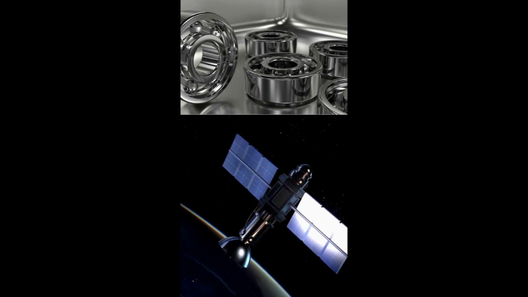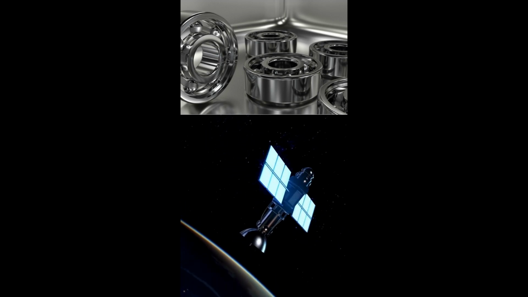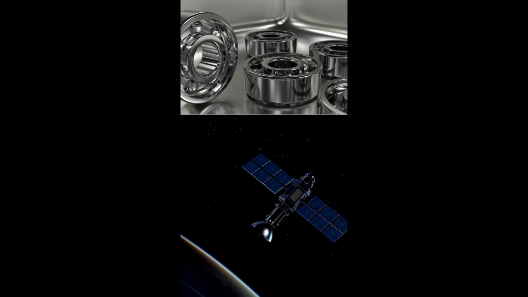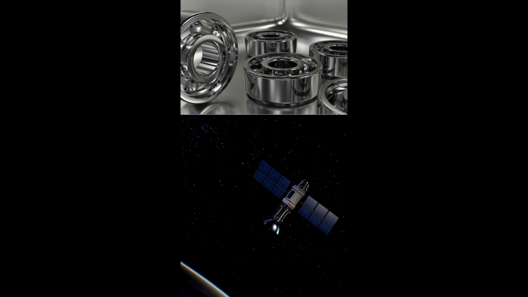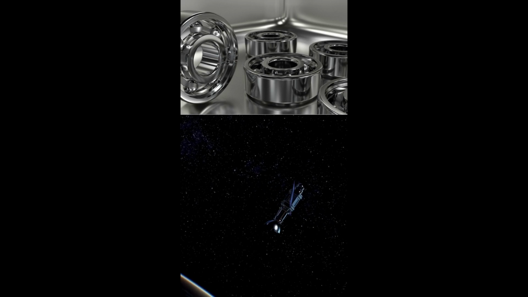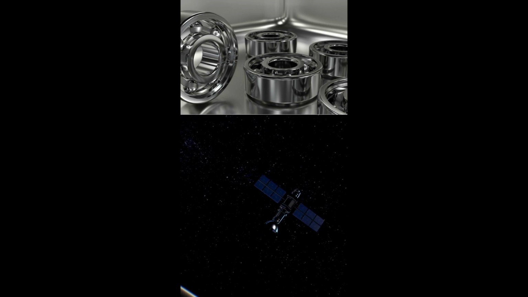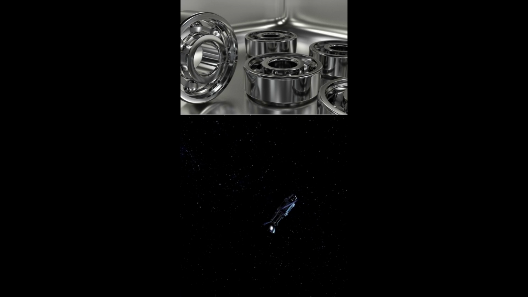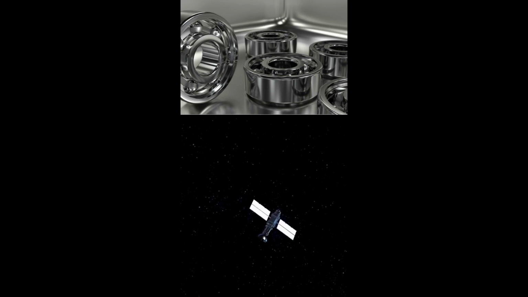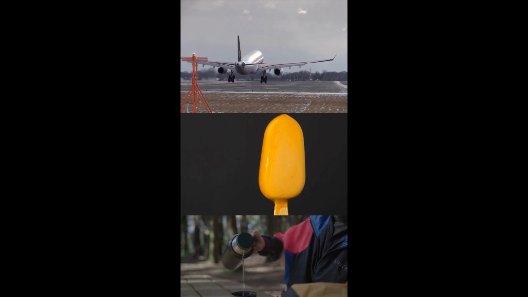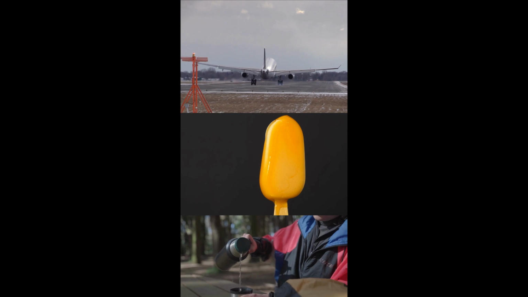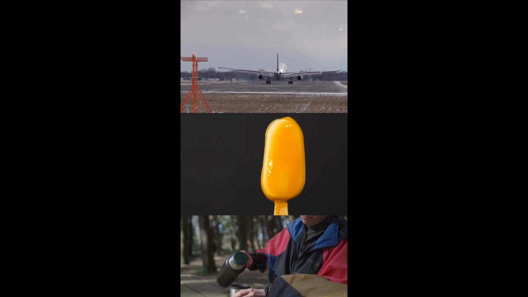Banking of roads. The banking of roads and railway tracks is an example of applying mechanics to create safe and efficient design for curved paths. Ball bearings. Ball bearings are used to reduce friction between moving parts in machinery, enhancing efficiency. Satellite launching. The launching of satellites relies on Newton's laws of motion and mechanics to achieve the required velocity and